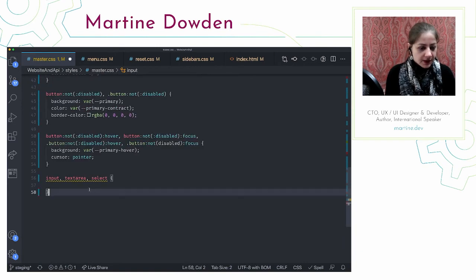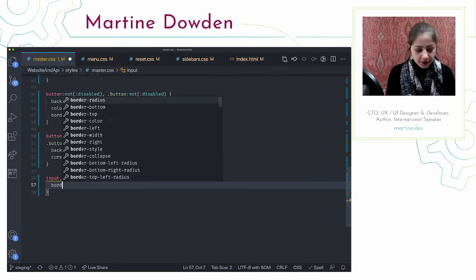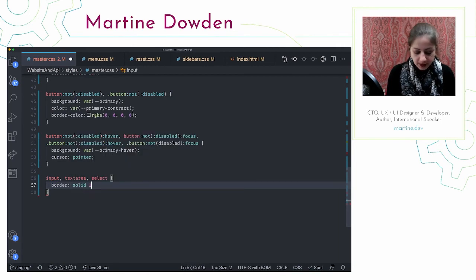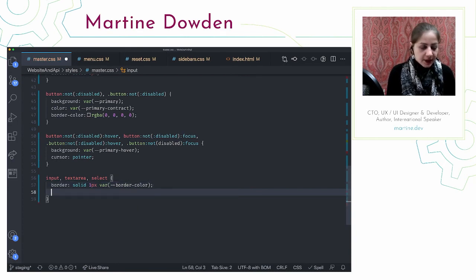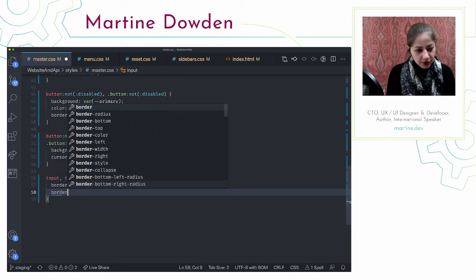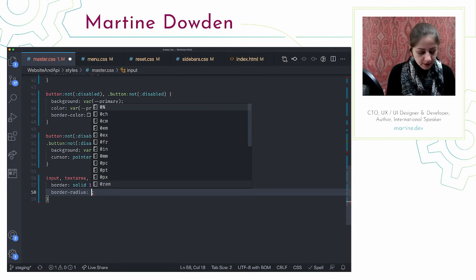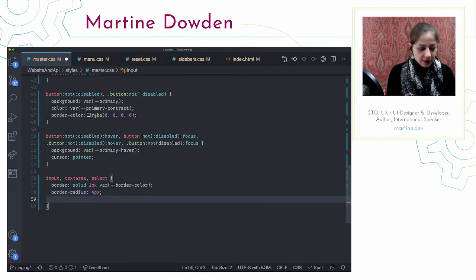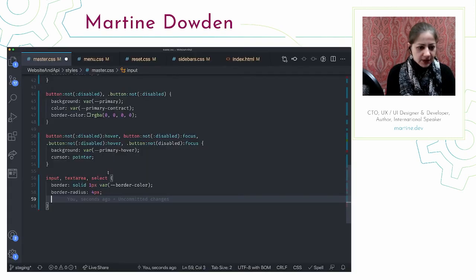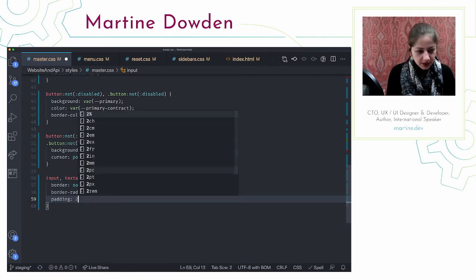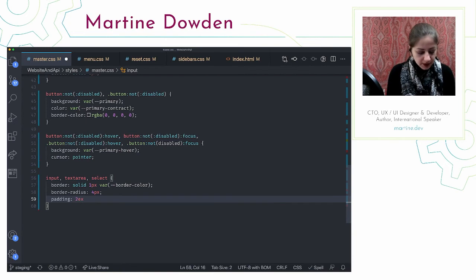So if I go over here and I say, I want those to have a border, solid, 1px. I'm going to use our newfound border color. The other thing I'm going to go ahead and do is, just like last time, we wanted to soften it a little bit. We're going to do that here too. 4px. And, I mean, our fields are really small, right? They're really narrow if we look at them here. So I'm going to go ahead and increase the size, like the padding on that. So we're going to say padding, and we're going to use that CH EX trick again. 2EX, 2CH. I'm going to save that and see where we're at.